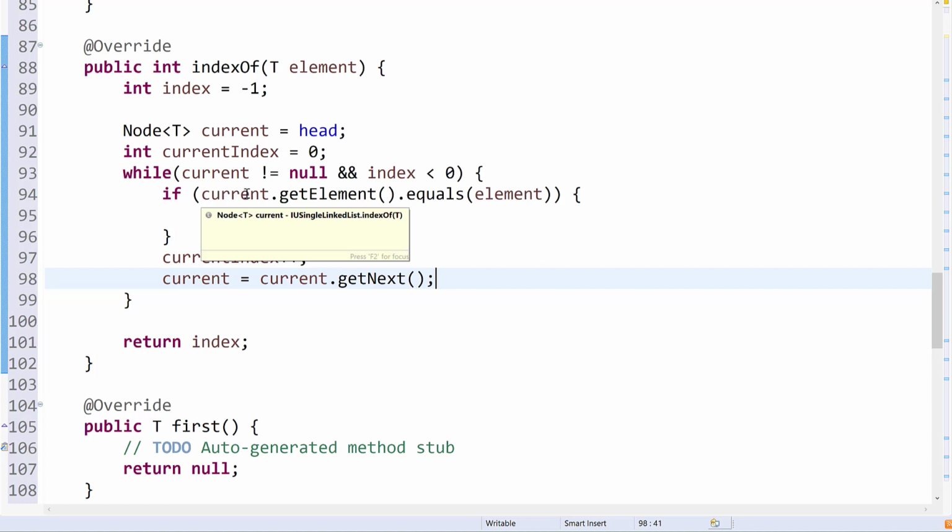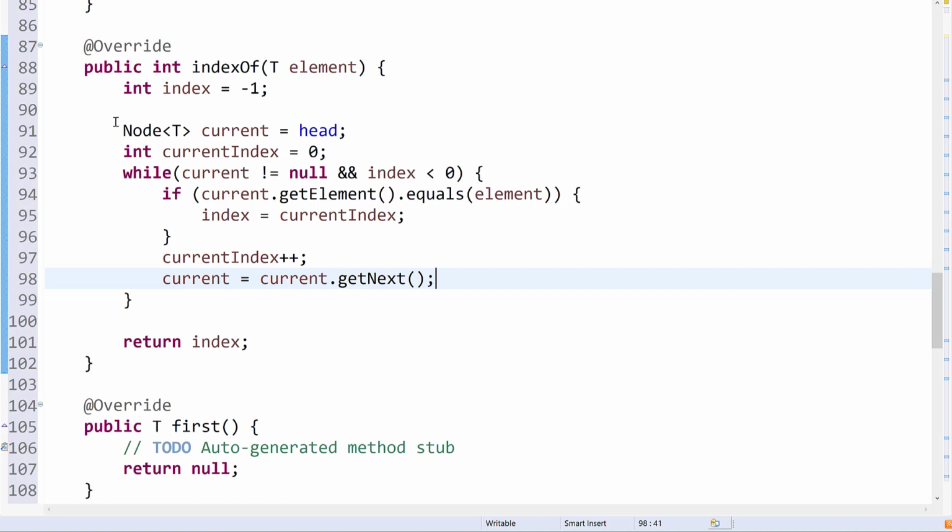If I never found the element that I'm looking for, this if condition was never true and index is still -1, just like I initialized it. So at the end, I return a -1, indicating that I never found the element I'm looking for. If I did find the element I'm looking for, then index became something greater than -1. And so I exited my loop because index was greater than -1, and that's the new index that I'm returning. So either way, whether I found it or I didn't find it, my loop has finished and I return that